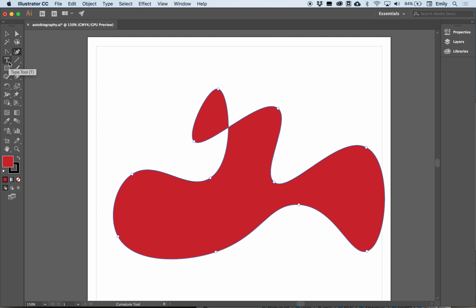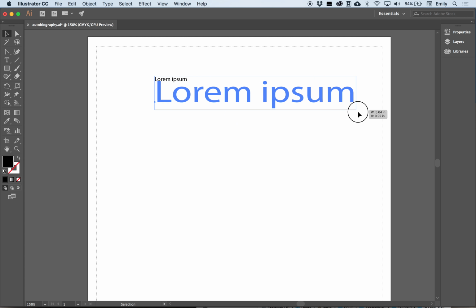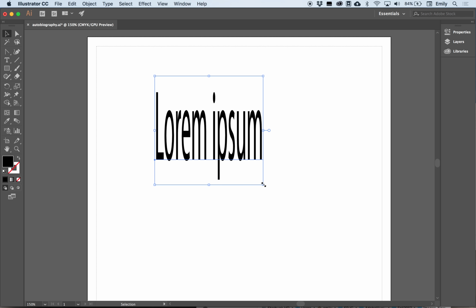Below that, we have the text tool. It used to be that when you typed here, it would give you just a blank blinking cursor like in Word, but now it gives you a little bit of text so you don't lose your text as much. This is point text. It can be resized by holding the Shift key evenly, or just resized like that by not holding down the Shift key. It can be converted to area type,